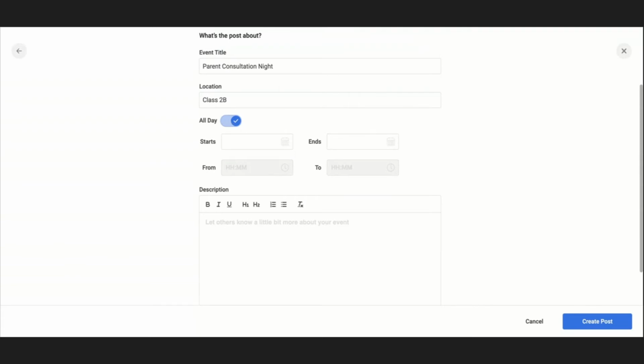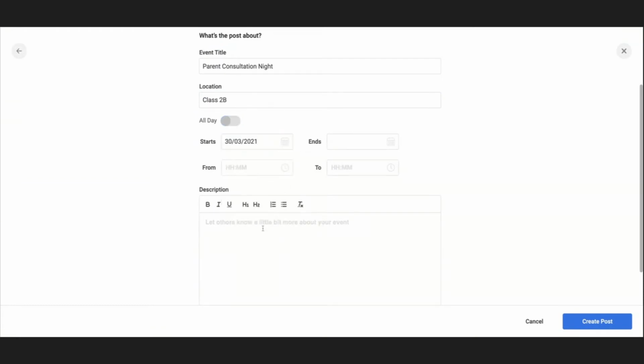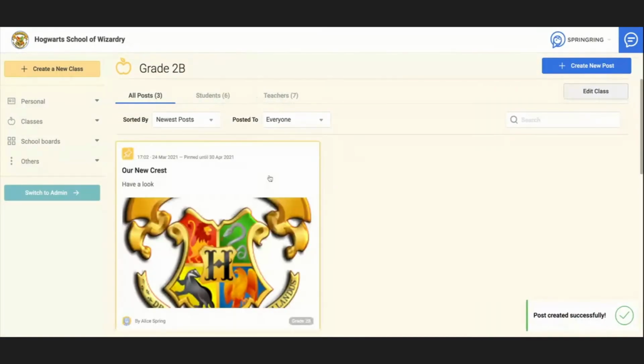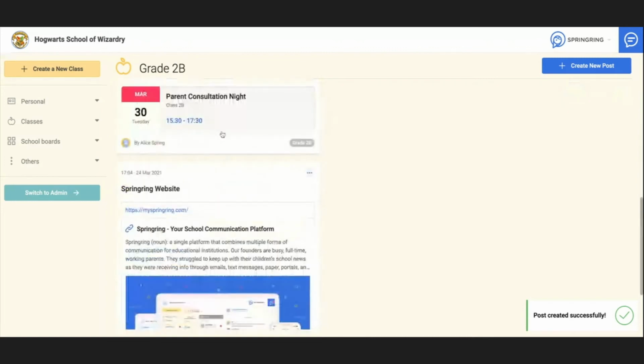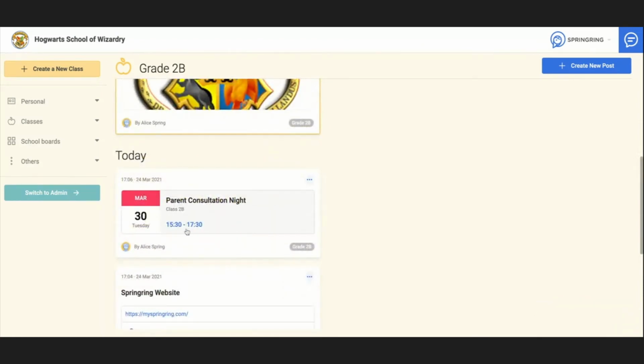Or something that you're doing all day. Or you can say, no, this actually starts next week on the 30th. It ends on the same day from, let's say, 3:30 to, let's say, 5:30. Now, as soon as you do this and you go create post, again, as you notice here, it comes on top of the one I created earlier, but below the pinned one, and it shows as a card. Now, as soon as I create this, if I go to my calendar,